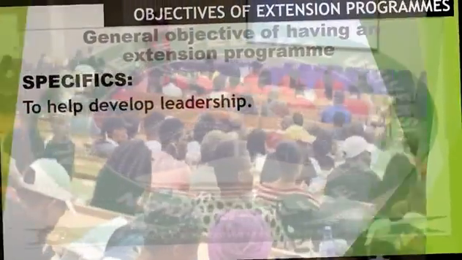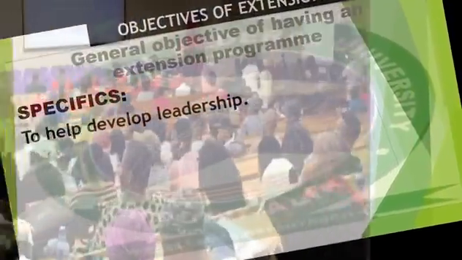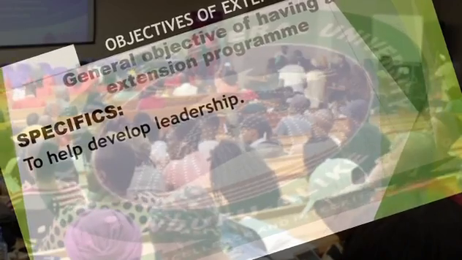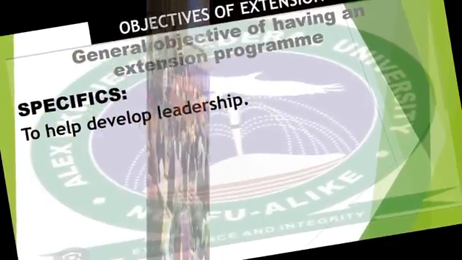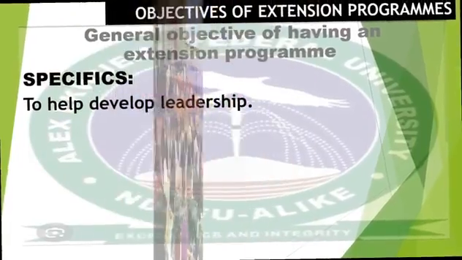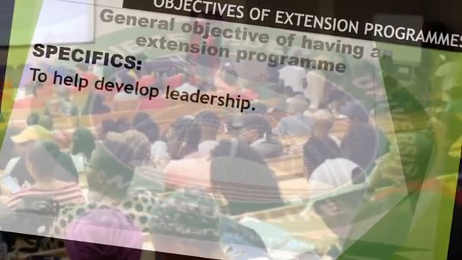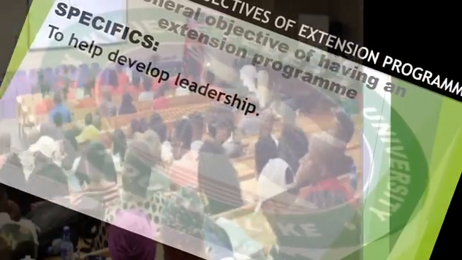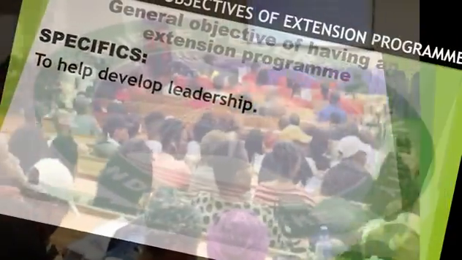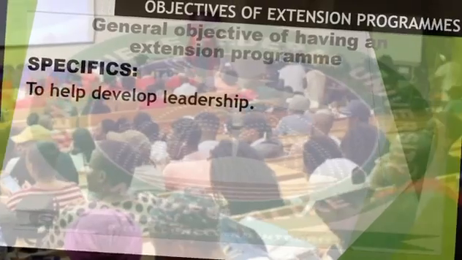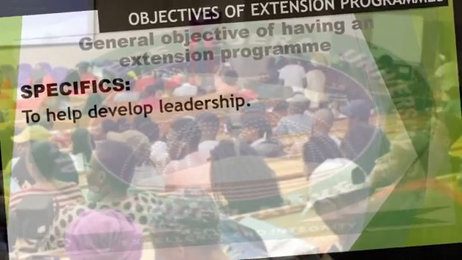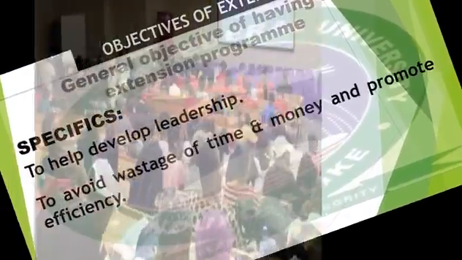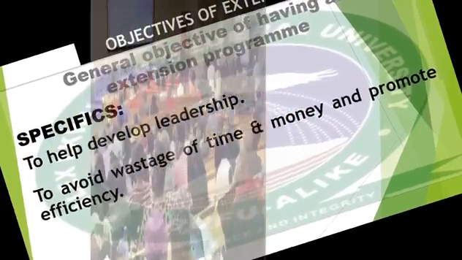In extension program, the target is not just to help the people solve their problem. Extension goes out to raise leaders among the rural people. It's an aid to facilitate self-help. Extension does not target to be there forever and always for the people. So, as an aid to a sustainable self-help, extension helps to develop leadership,